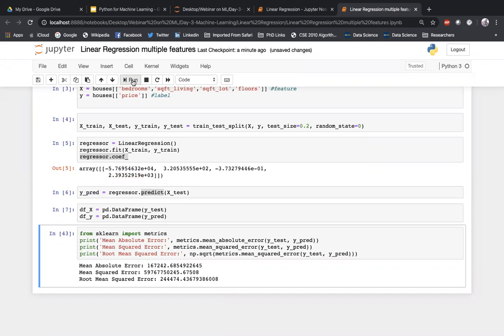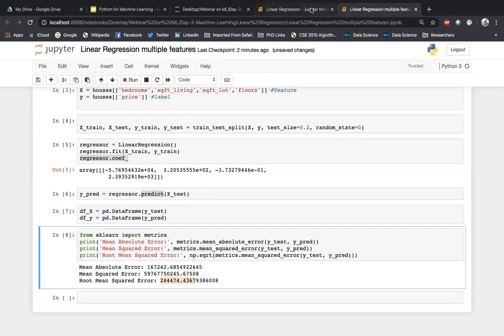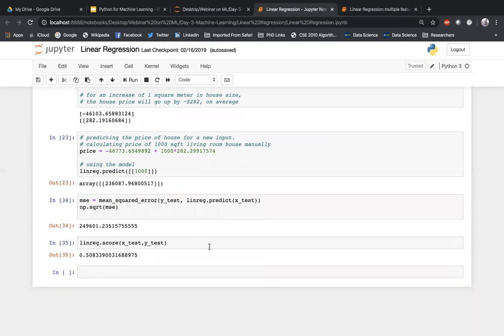Once I do that, I'm taking the Y test and Y prediction into 2 different data frames. Why am I taking that? It is to find out the mean squared error. I'm taking a square root of that and printing the root mean squared error. You can see that the root mean squared error is around 244,474. Earlier, we got a mean squared error somewhere close to 249601.